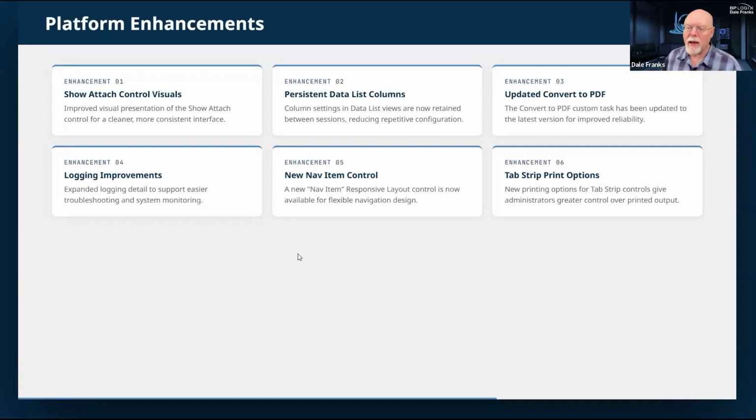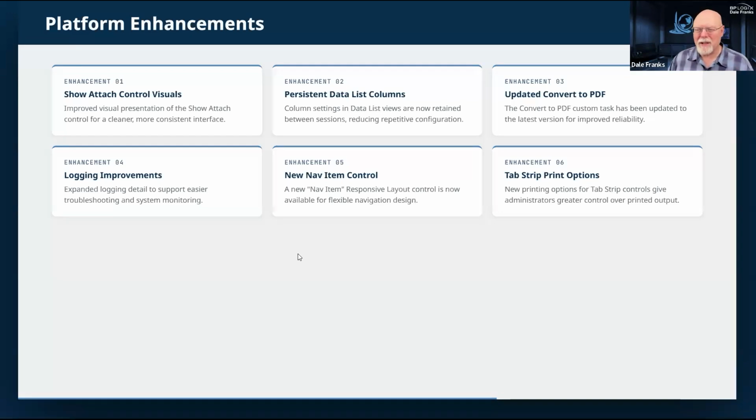Now you don't have to do that. Your column settings are retained. So if you do go back and change the underlying business value, for example, you added a new column or removed some columns, we will handle the new or removed columns, but we will not change the configuration of any of the existing columns. That seems to be what everybody wants. That seems to be the behavior they want. I certainly recognize why it might be convenient, but I can also see where it would have its own problems.